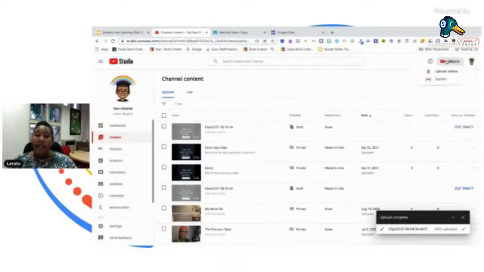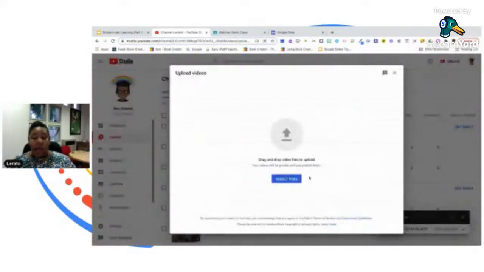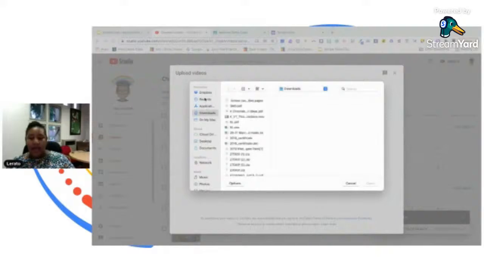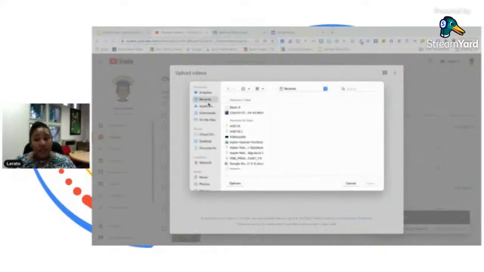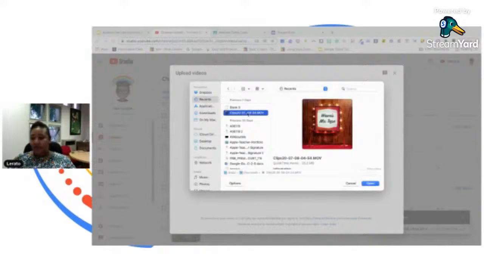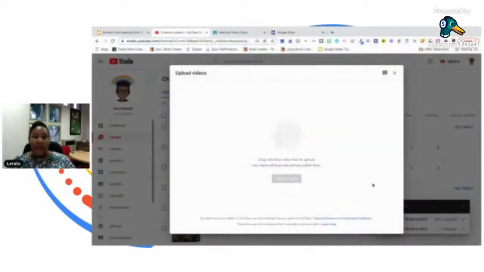Now, the create button. I absolutely love this because I am really passionate about our little ones. I love anything that makes it easy for them to partake in this kind of creation. Click on the create button, and you can see there you can upload videos. And Joseph mentioned the drag and drop function, and it's also right here. Or you can select from your files, either in your downloads or wherever your wonderful videos are saved. I am going to select a video. Okay, I am happy with it. I'm going to click on it. And there it goes, zooming on.